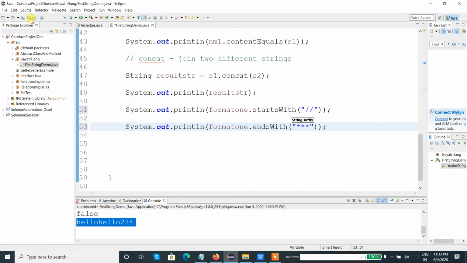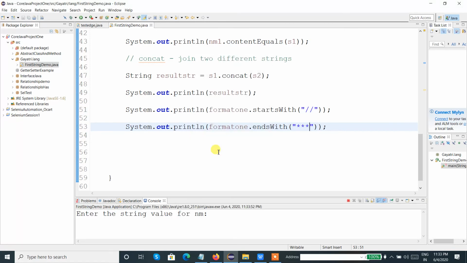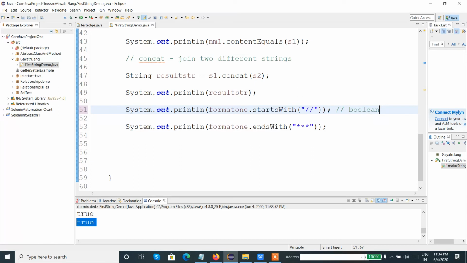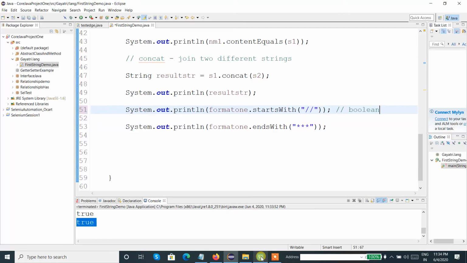So let me just execute the code and check what is the output. I'm just entering some random value. Yes, these are working, and if the format is correct, the return type is boolean. If it is correct, it will say true, else it will say false. So it's easy to work with all the string manipulation or operational functions.